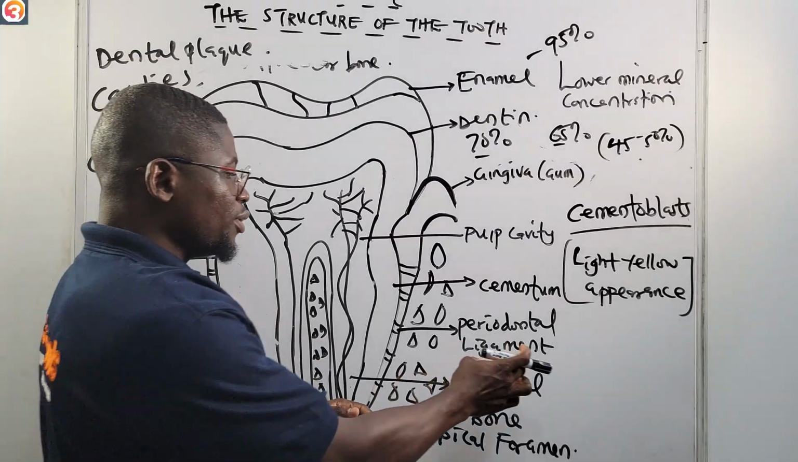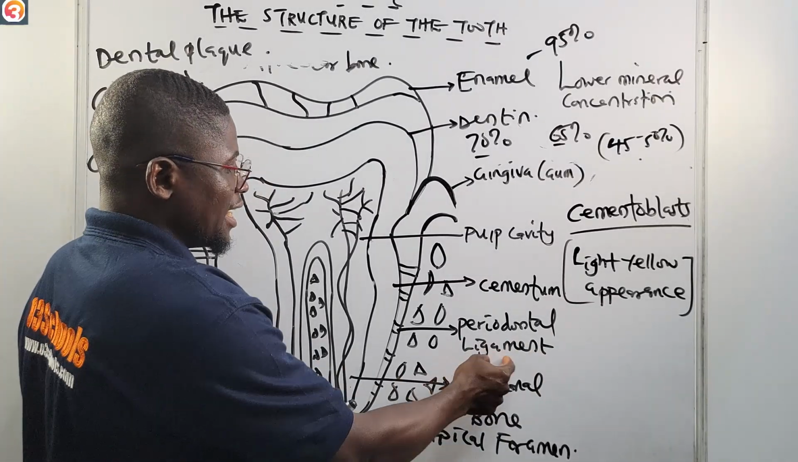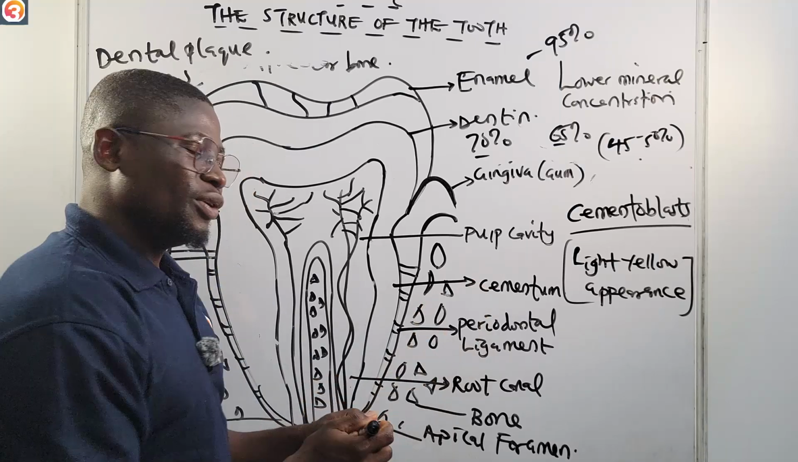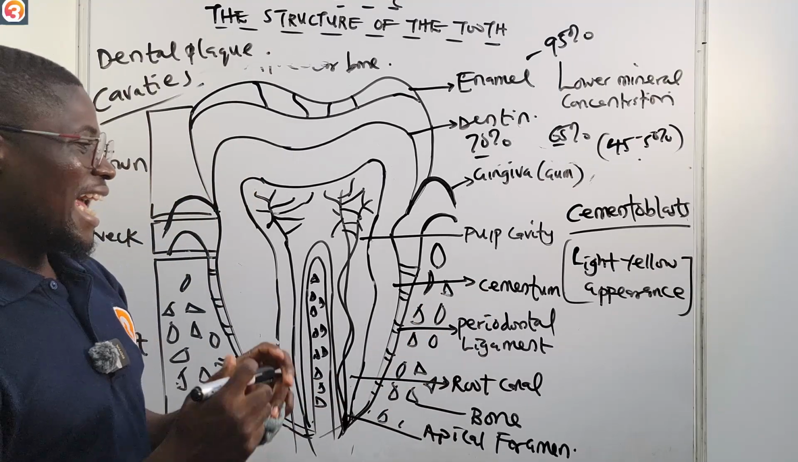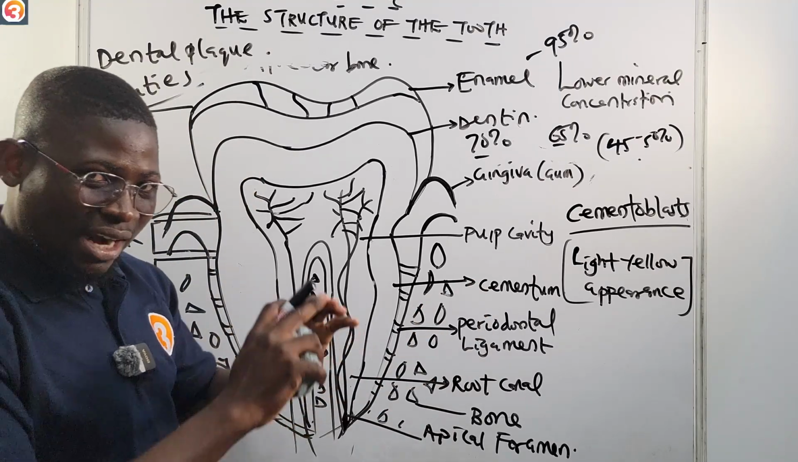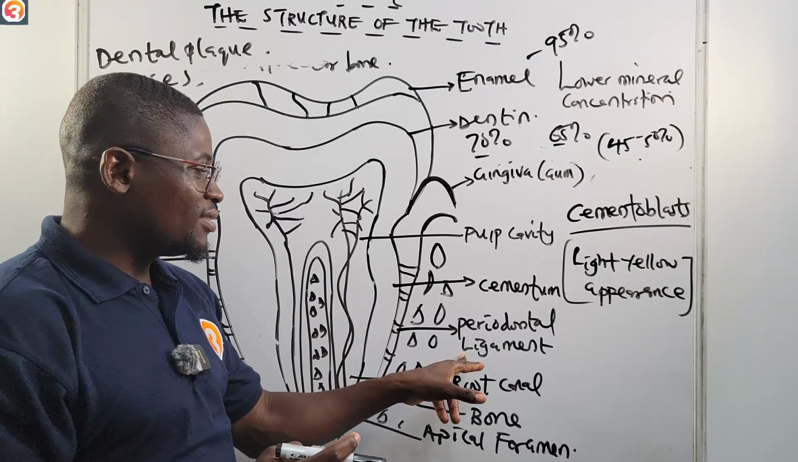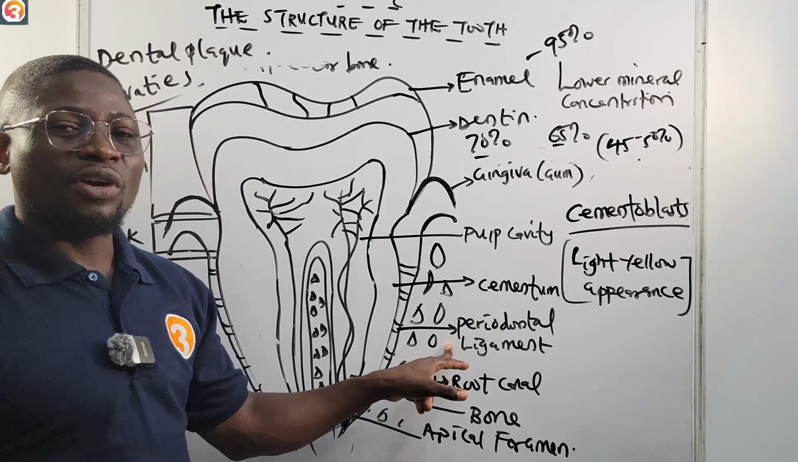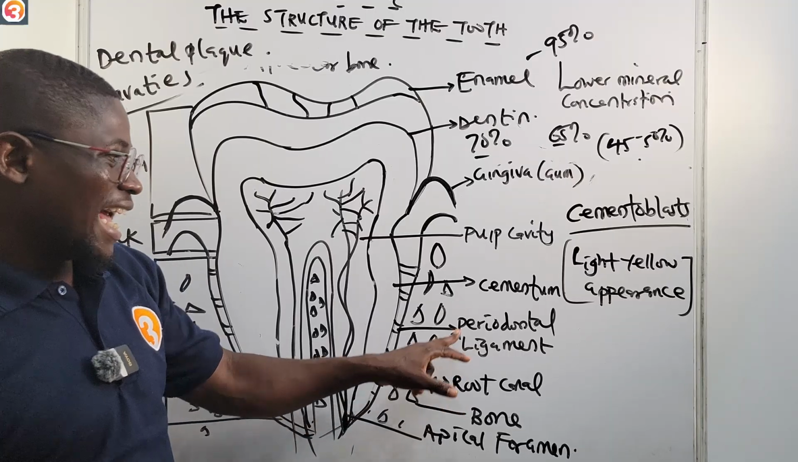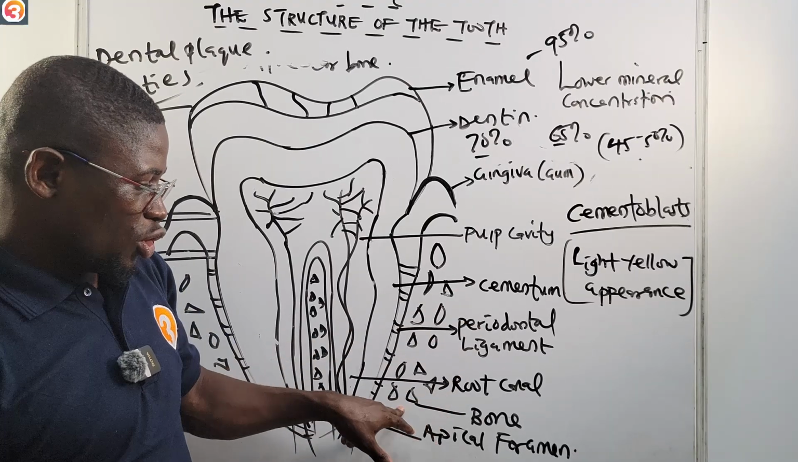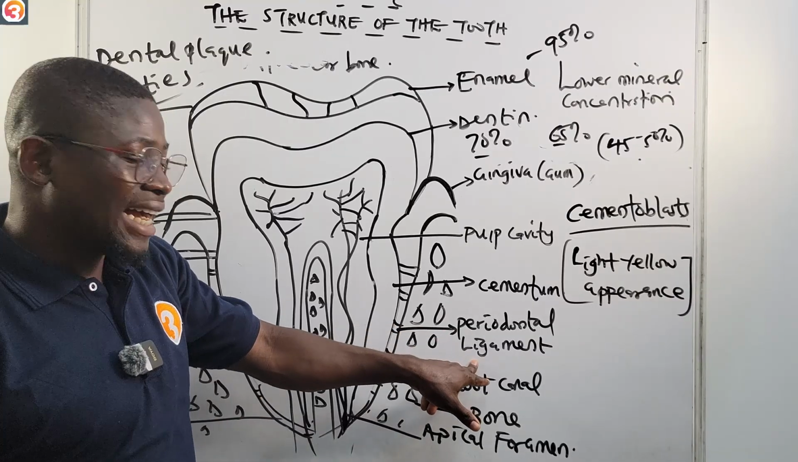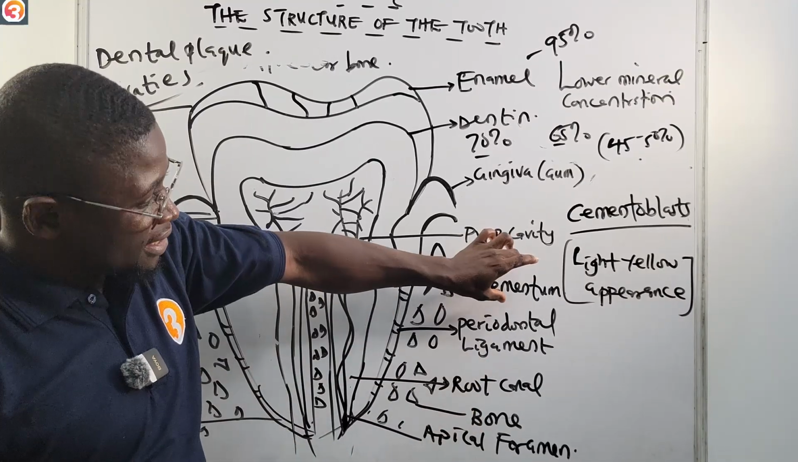Now, the periodontal ligament. This periodontal ligament you are seeing here surrounds and attaches itself to the root cementum, and anchors it to the alveolar process of the jawbone, as you can see with this bone here. So this periodontal ligament attaches and surrounds itself with